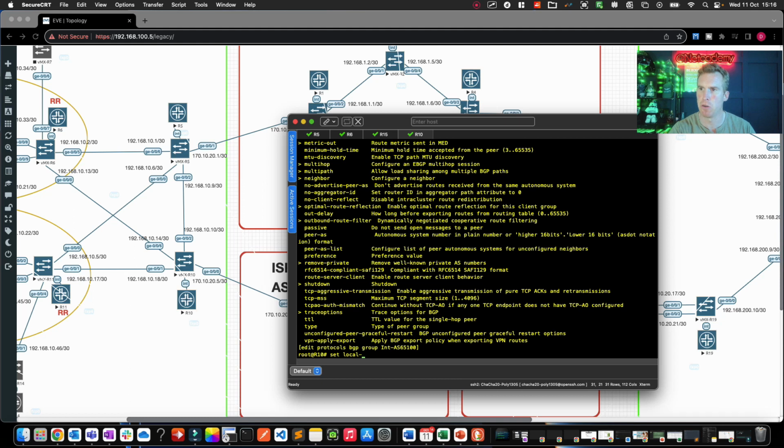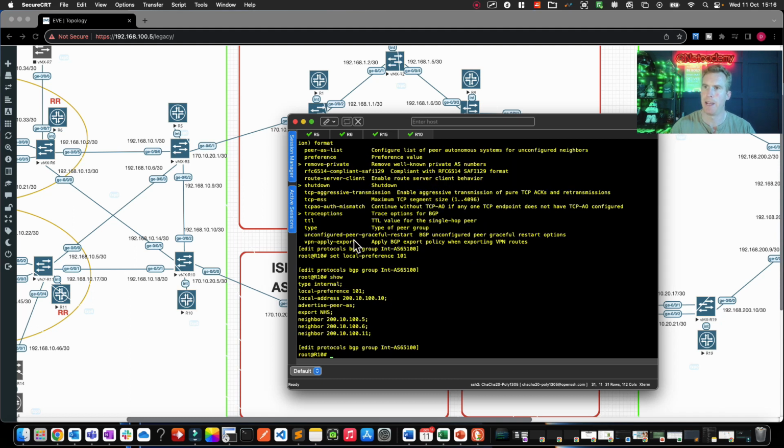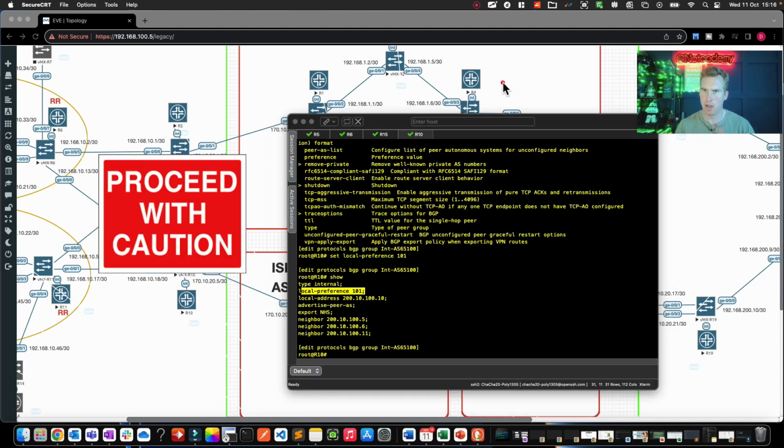So if I do local preference 101, do show, and now you can see just there for this entire group we have defined the local preference of 101. Now a word of caution here, we are doing that for the entire group. So these three neighbors, routers R5, R6 and R11, when they receive this update of R10 having a local preference